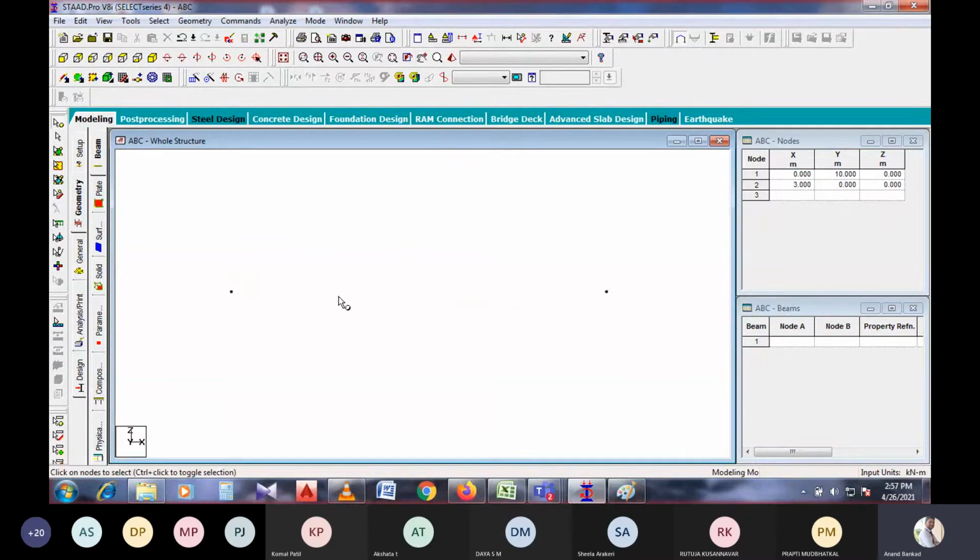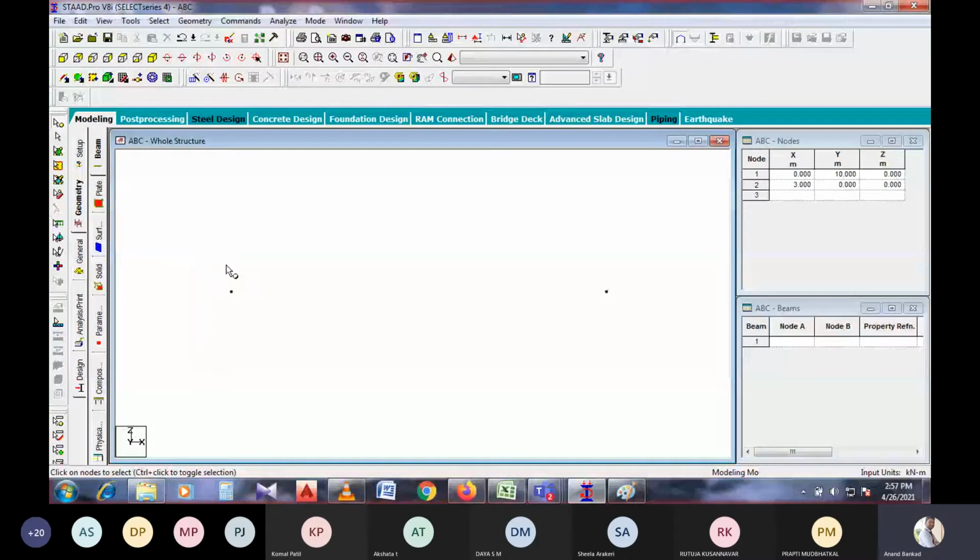The beam will be considered in this direction. For these two nodes, once you select by referring to these two with the node cursor, the particular nodes will be selected.